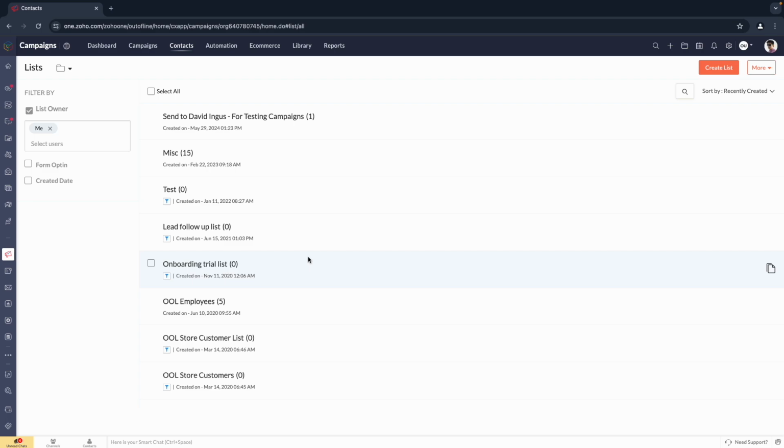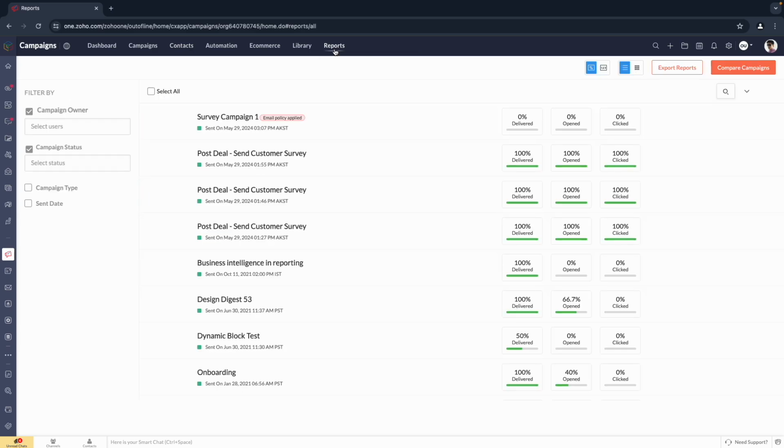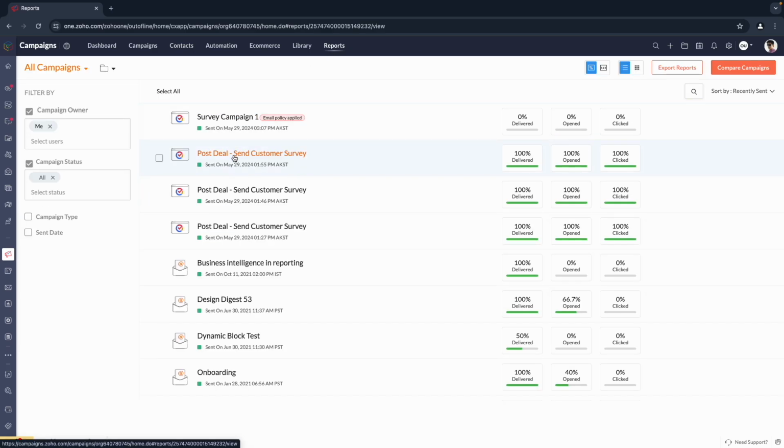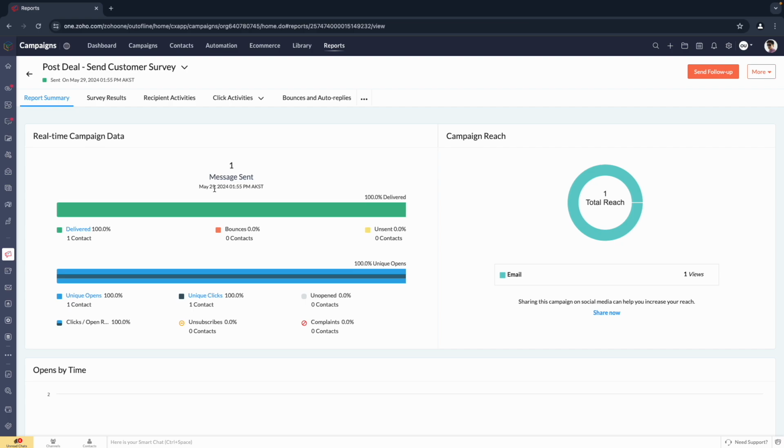One of the big issues, I'll say about lists, is if our lists are a mix of people who are engaged, not engaged, a list we haven't sent an email to in quite a while, and we don't have a regular cadence of emails going to them, it's very hard to look at the reports in campaigns, which is the most important part of email marketing: being able to see, well, this isn't a very impressive campaign, but how many of them did we deliver? How many bounces? How many unique opens were there, etc.